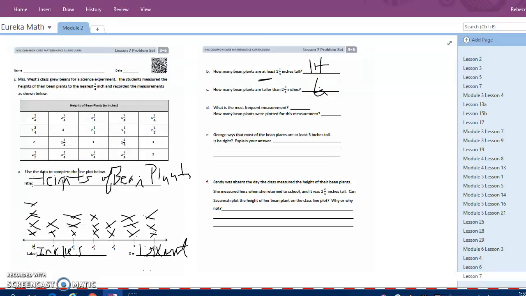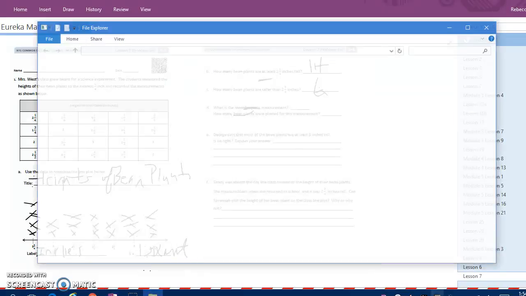Letter D. What is the most frequent measurement? Okay, so that's another term that's common in graphing. Most frequent means the size, in this case, that was the most often. So in other words, which part of our line plot has the tallest column? Well, most often was the very first one, 1 3/4, because we had 4 plants at that height. The rest were all less. So I'm going to write 1